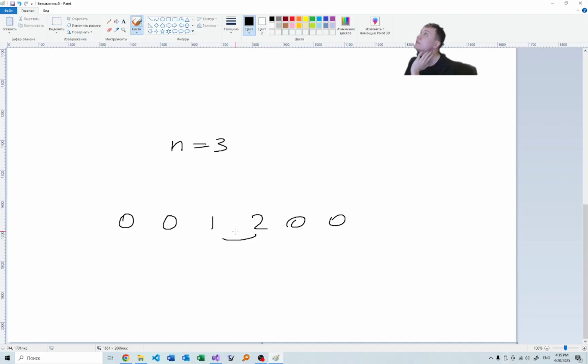What about maybe some bracket sequences? Well, yeah, actually bracket sequences are not that bad. What is the usual thing in bracket sequences? Usual thing in bracket sequences is that